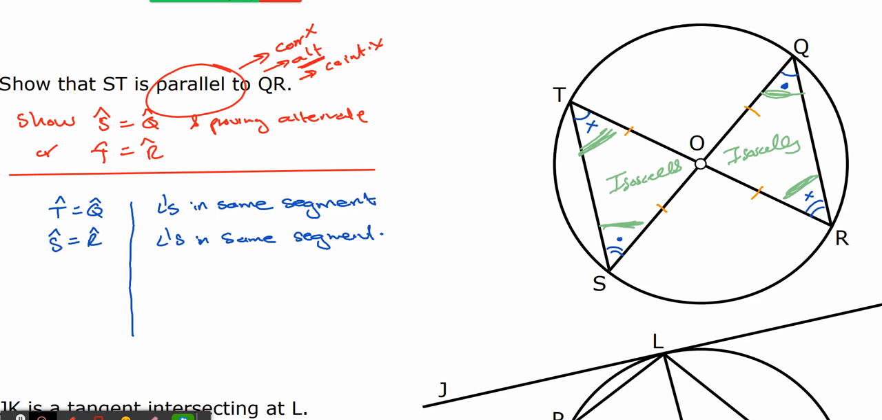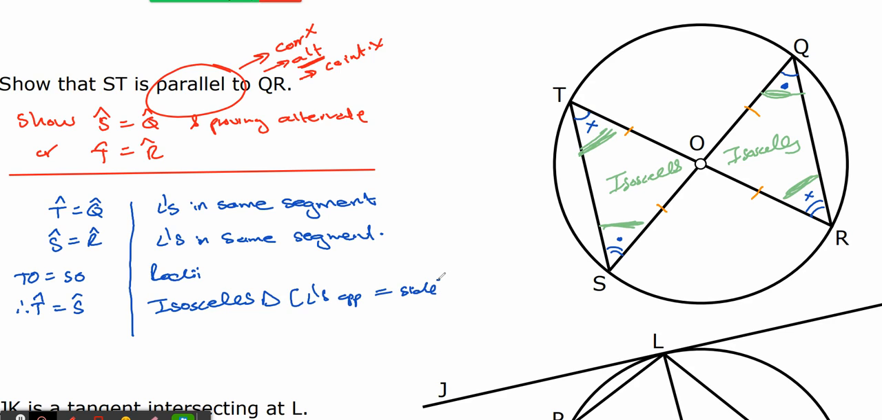But now we're going to write it down. So we're going to state TO is equal to SO because of radii. Therefore, angle T equals angle S. And the reason is angles opposite equal sides, isosceles triangle, I'll just write both. Okay, isosceles triangle, angles opposite equal sides,